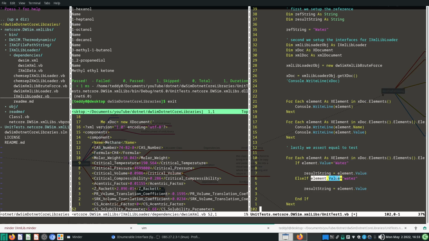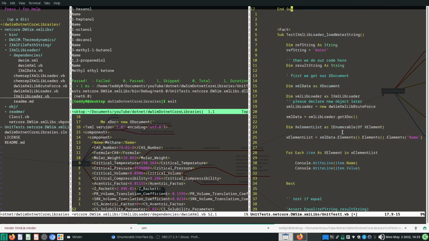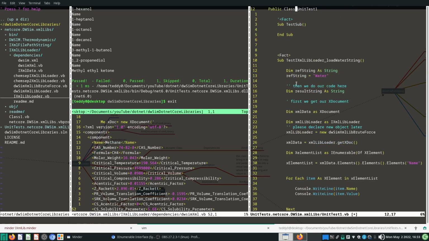Else if element value equals water with the small letters, result string equals this. Of course, this depends on the spelling of water, because I didn't know whether water will be capital letter or small letter. Okay, but regardless, if either of that is the case, I can actually load the element value, or in this case the item value, into this